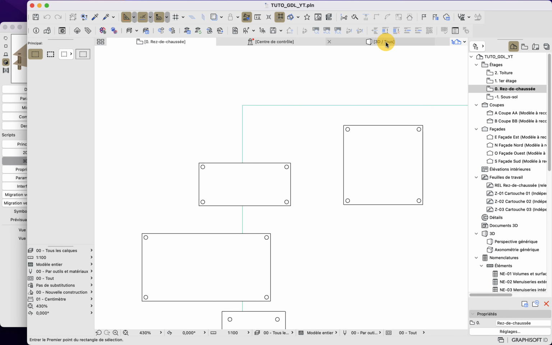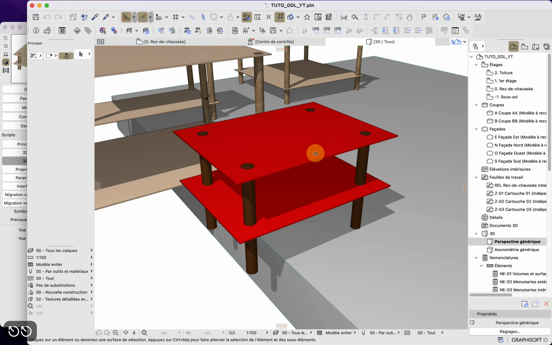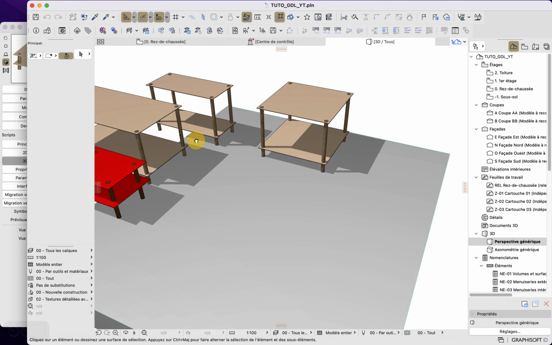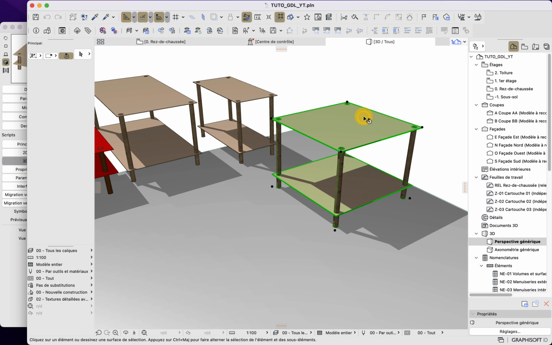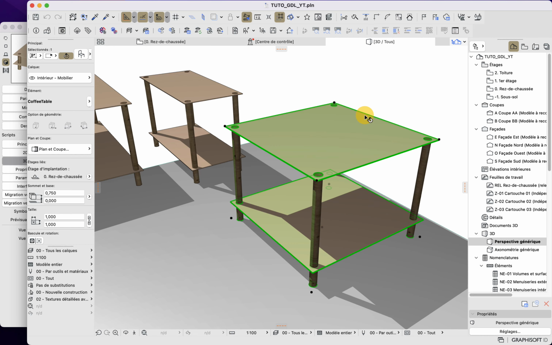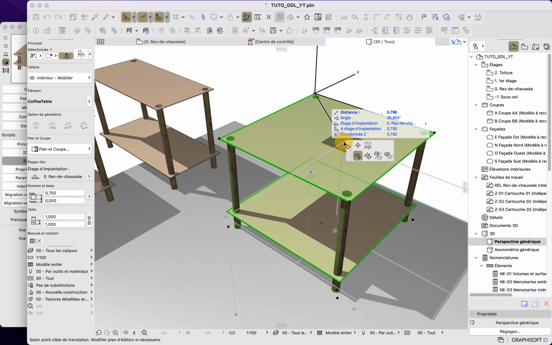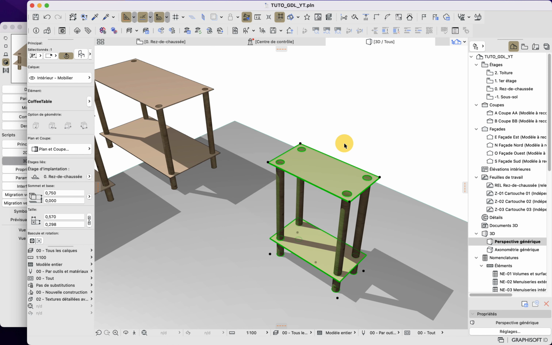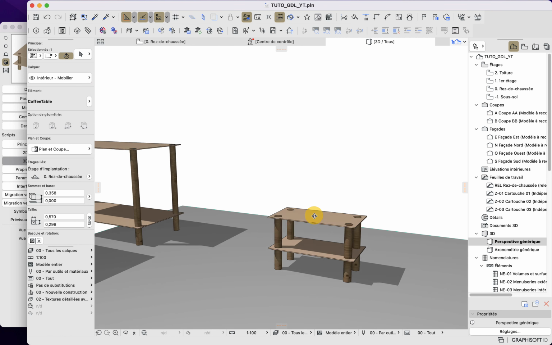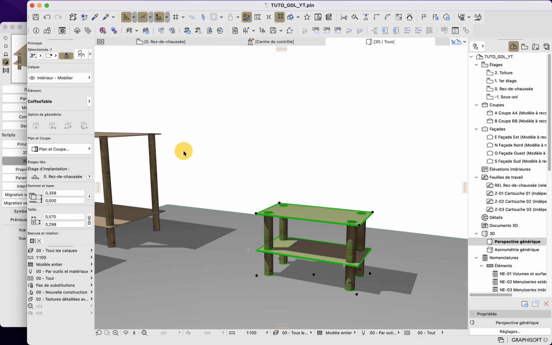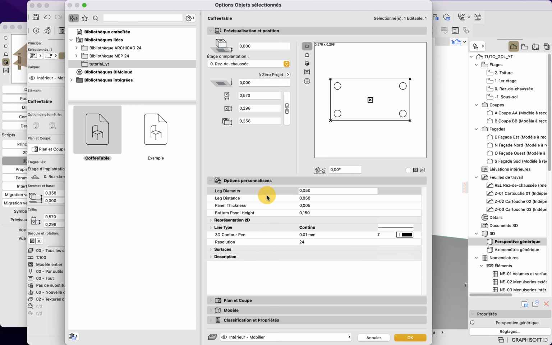Now let's go back into our 3D, and now we have all our tables properly done. I can resize them, I can change the height, and I can obviously go into the object options and change some information.